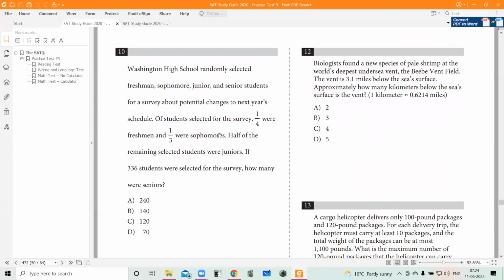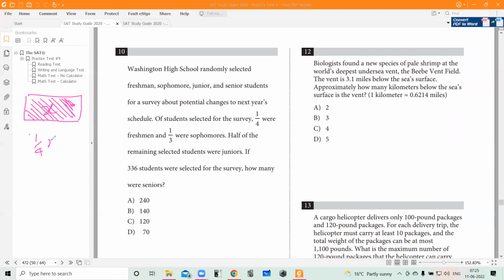Okay, so there's a school, Washington High School, that randomly selected freshman, sophomore, junior, and senior students for a survey about potential changes to next year's schedule. Of the students selected for the survey, 1/4 were freshmen. So whatever the number we have selected for the survey, for example, if that is X,